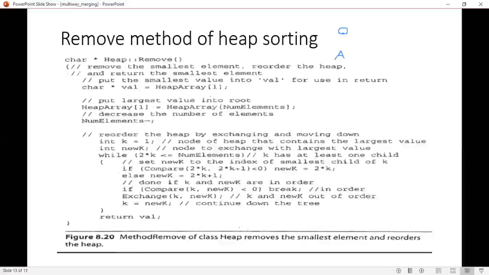And if k is greater than new k, then exchange k and new k. And then you are inserting into k and continue with this while loop again. This is what you are doing in heap removal, that is writing to the disk.